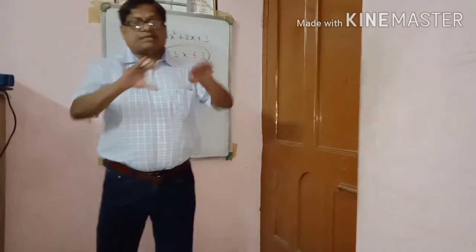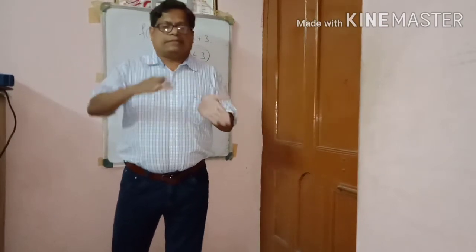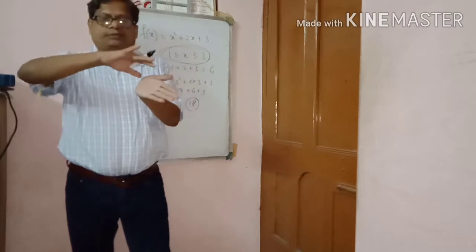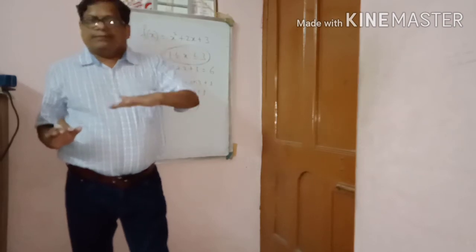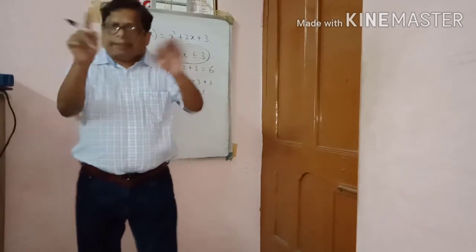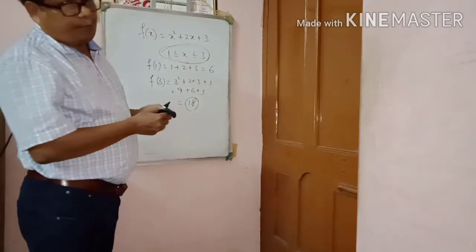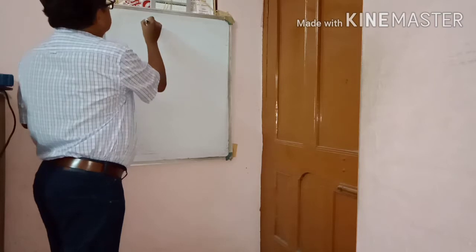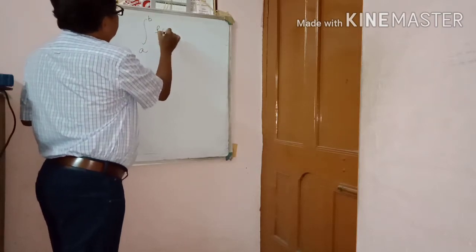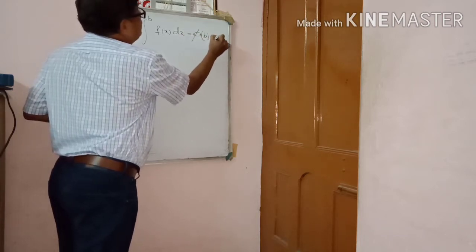So in a definite integral, the function is bounded. That's why we get an upper limit and also a lower limit. We have to solve the function in between the two limits, upper limit and lower limit. So it is defined by integration a to b f of x dx equal to, suppose, phi b minus phi a.